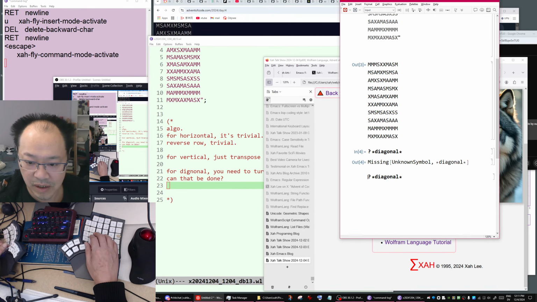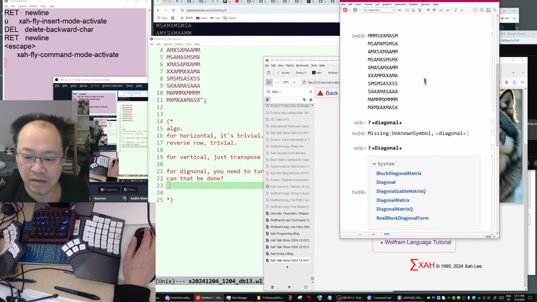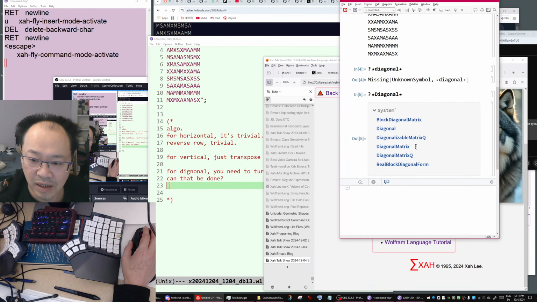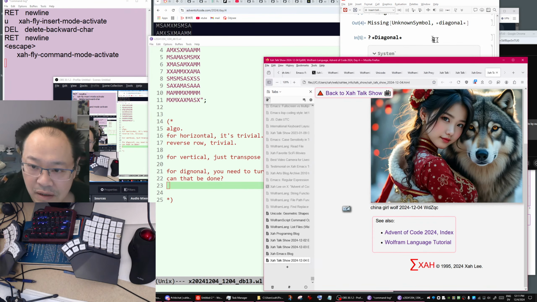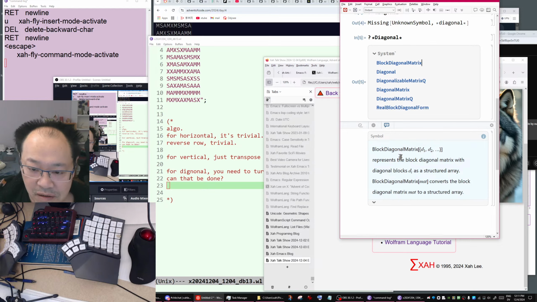Okay, there it is: block diagonal matrix, diagonalizable matrix Q, diagonal matrix. Okay, so you got several. Let's look at one of them. Once you have this function built in, it's trivial. Without this function, it's tedious.